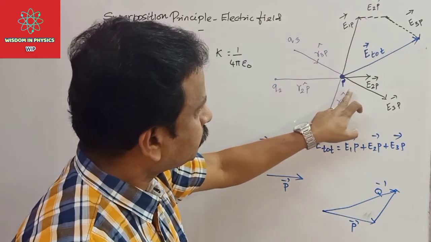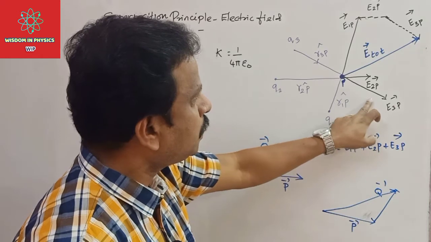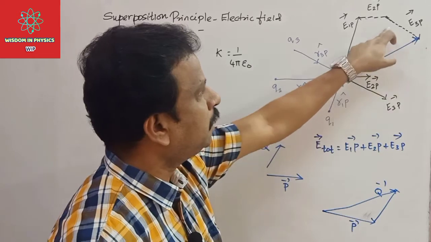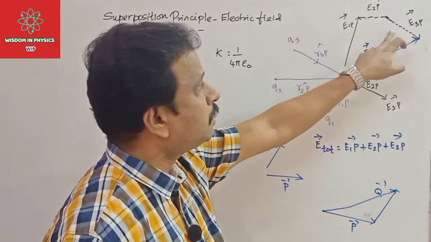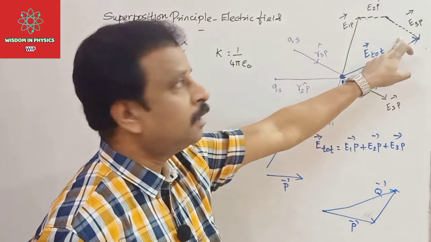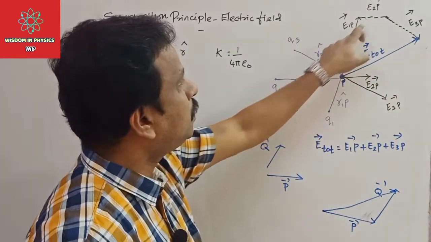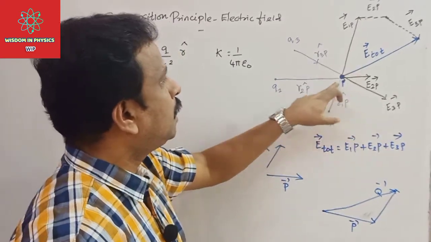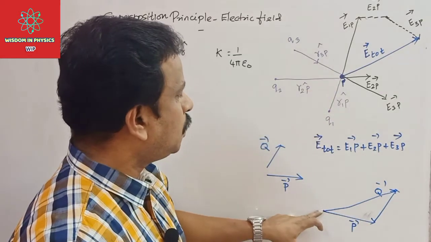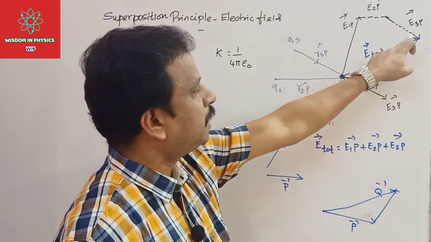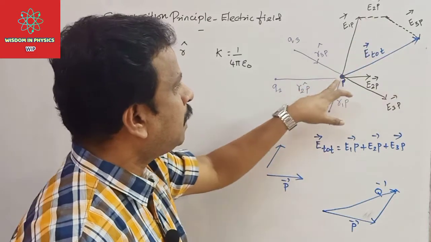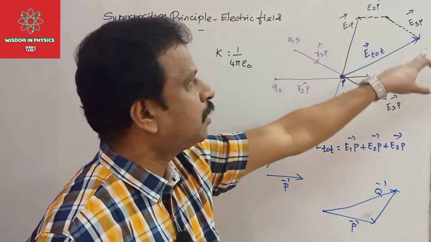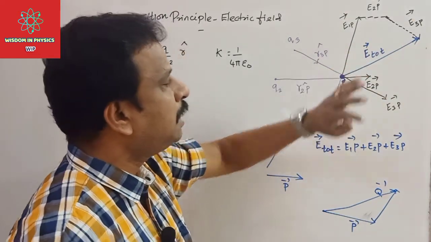And then we have E3P. So E3P is parallel to this one. You draw the parallel line with the same length for the E3P vector, and that is also represented by this one. So now we have three vectors, corresponding to three different electric fields. Now this is the tail, right? This is the tail. To find the resultant, this is the head of all the three vectors joined together, and you join the tail with the head. So you will get a resultant of all the electric fields, and that is represented by the E total vector.